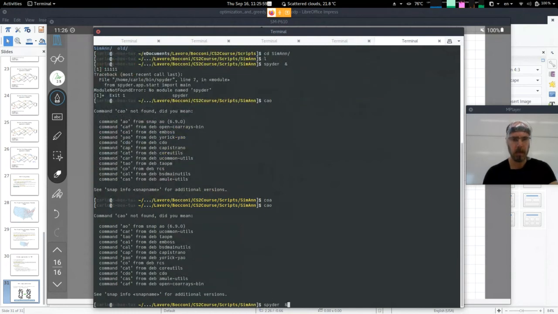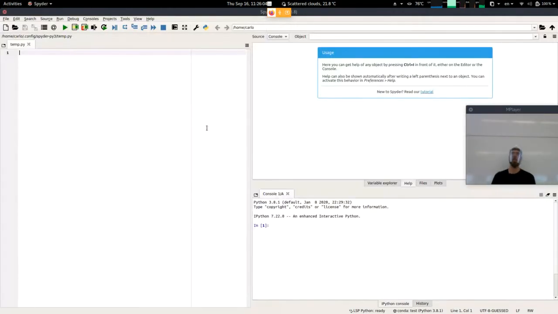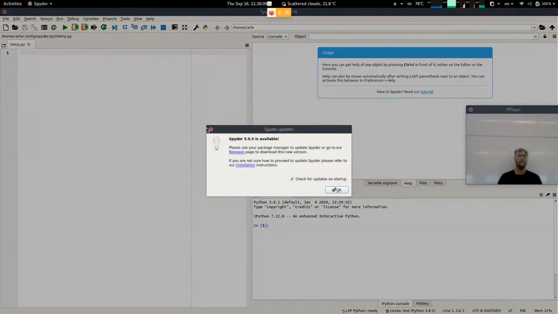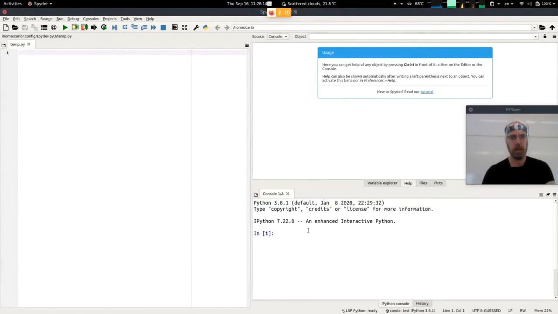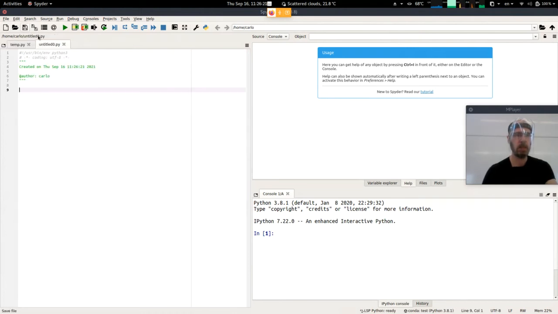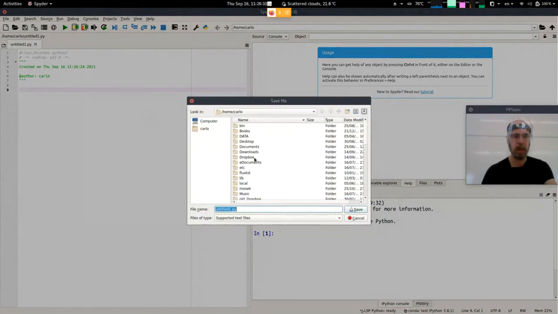I strongly suggest that you create a new directory for this, call it Greedy or TSP or whatever, okay? And then the very first thing that we are going to do is to create a new file. Well, yes, create a new file, save a new file, save as, without even writing anything. We are going to save it with a name,